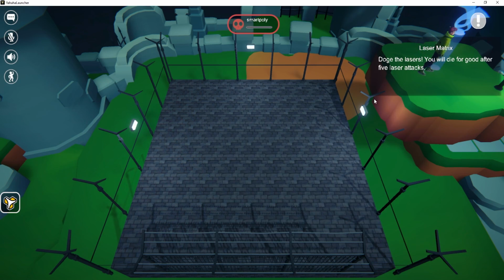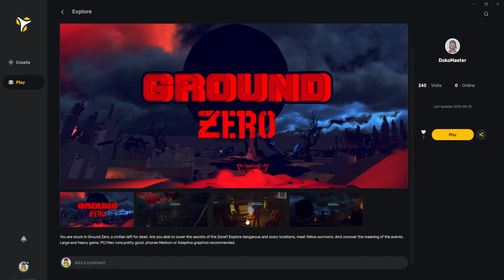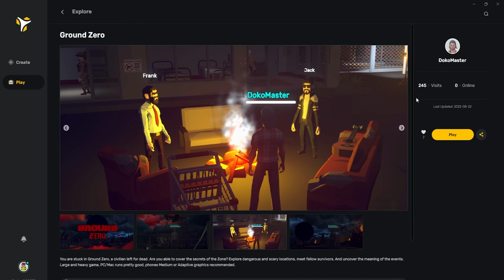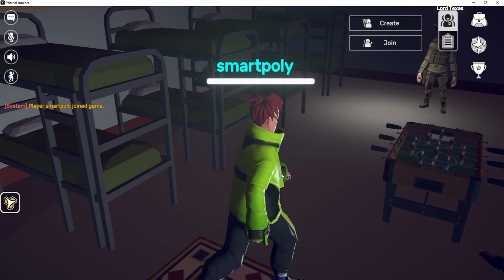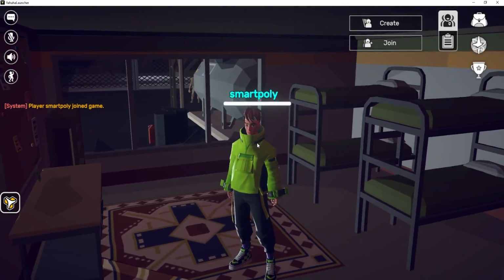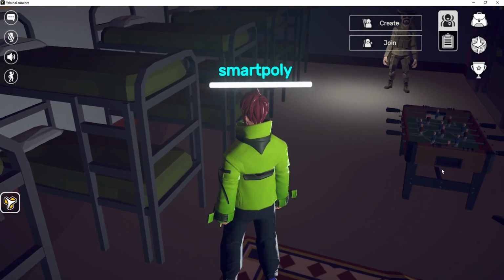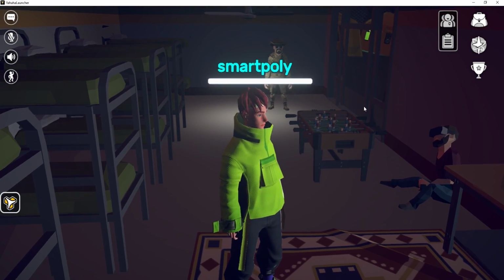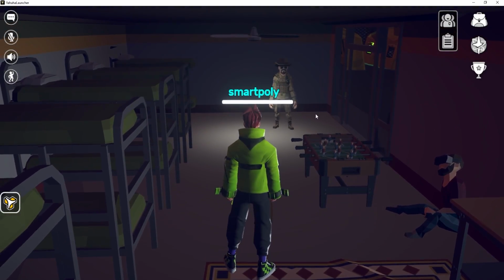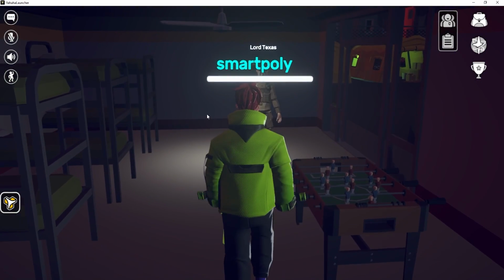the gameplay component system. Another one I want to show off real quick here is this Ground Zero. Basically, this is kind of like a story game that this user has created, and you can play it either single player or multiplayer. Okay, so you spawn in, and immediately you have two different options here. You can either create a party or you can join someone else's party. I'm just going to play this single player for now, but basically you spawn in this post-apocalyptic world, and